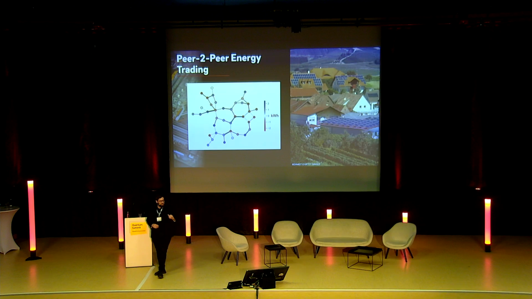So if you look at a very toy model, you can look at a sort of low voltage network like this. Every dot is a house, and blue means they're producing excess electricity, and red means they need electricity. And what we try to do is basically color code them. Okay, so what is the best way to group these houses into communities? You can do it naively by area code, but it won't give you any kind of optimal answer that way. So in this case, we grouped into six colors, and this basically balances the supply and demand in those local